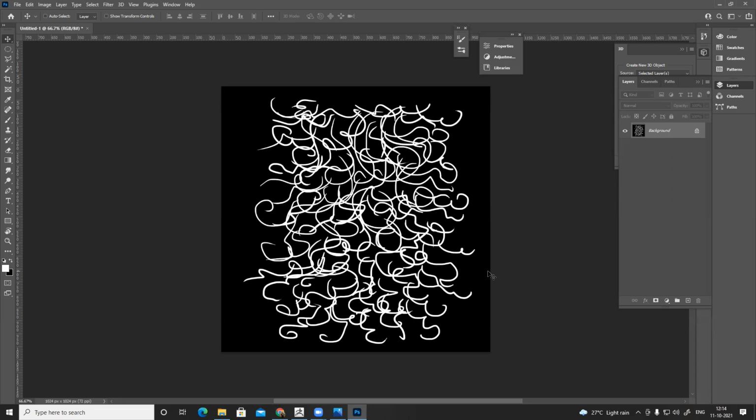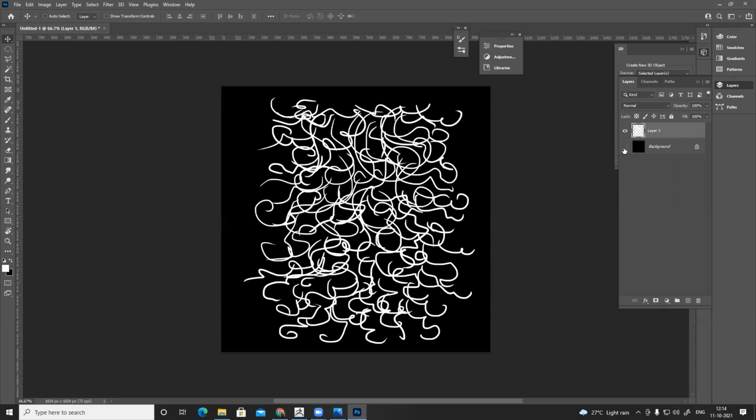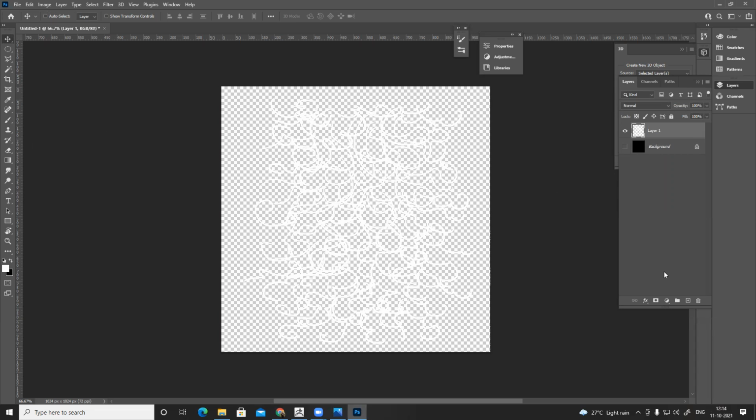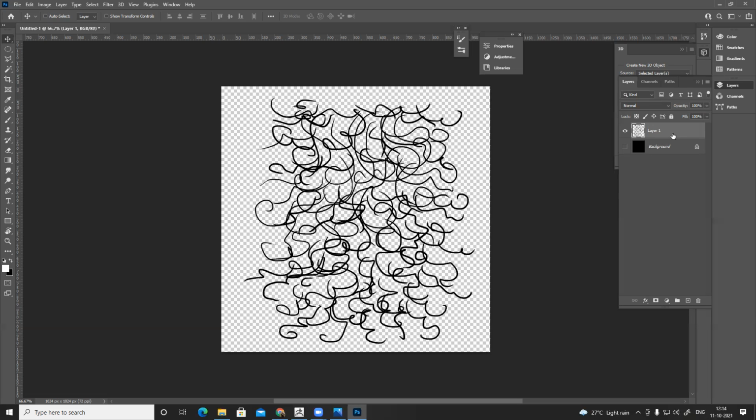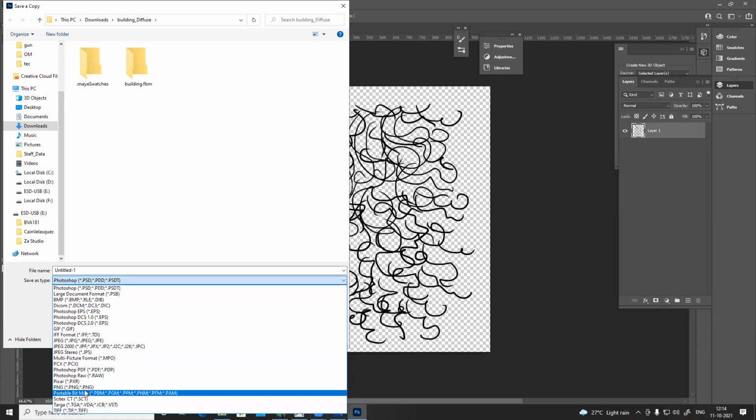So there are two different methods: I can use this as a texture or I can use it as an alpha. For alpha, I need to save this as PNG. I need a PNG like this. So I can make this full black and export it.